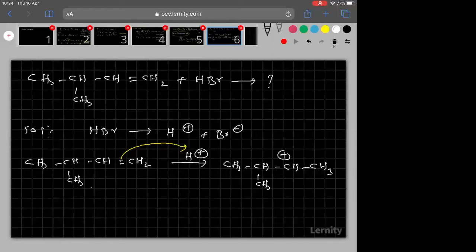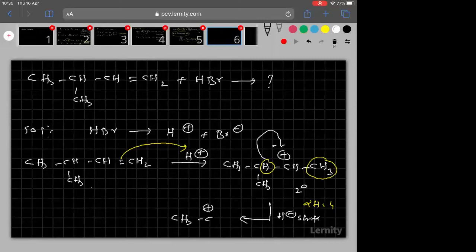The carbocation I got here is a secondary carbocation. It is bonded to two other carbons. Now let us see the alpha hydrogens. Here 3 are there, whereas here 1 is there. So how many alpha hydrogens are there? 4. Hope it is clear to everyone. Now I want to do the hydride shift: this hydrogen I want to shift from here to here. When you do the hydride shift, you will get CH3-C+(CH3)-CH2-CH3.